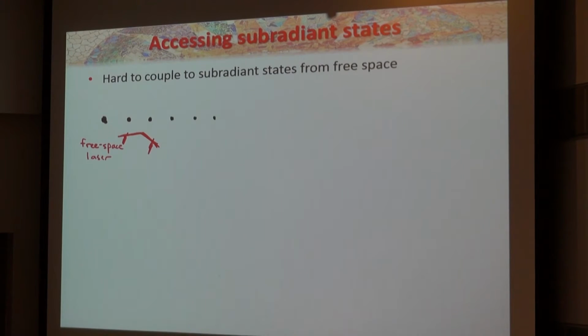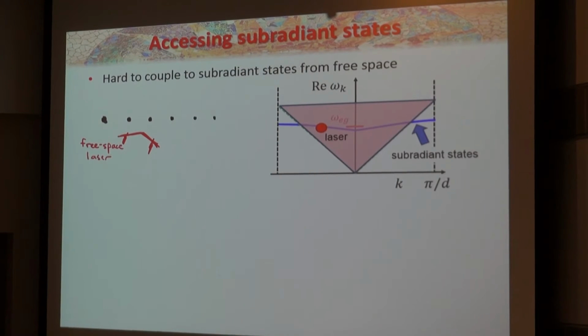And I think this gets a little bit to the question that you asked. How do you couple to these subradiant states from free space? So there's a kind of first order answer you can give. You can try to play funny tricks, but the lowest answer is it's hard. And the reason it's hard is, if you have this chain of atoms in free space, the most natural thing to do is just come with a free space laser and hit it. But then this free space laser lives in this part of the light cone here because it's a radiative mode. It propagates energy out to infinity. And you see that there's just a natural impedance mismatch between talking to these subradiant states and coming in with some kind of free space laser.